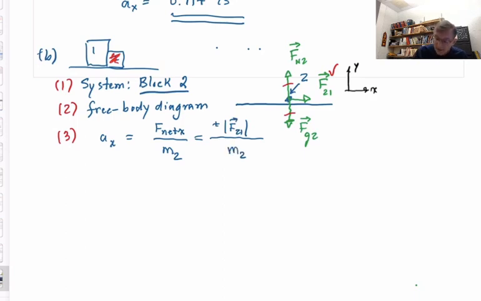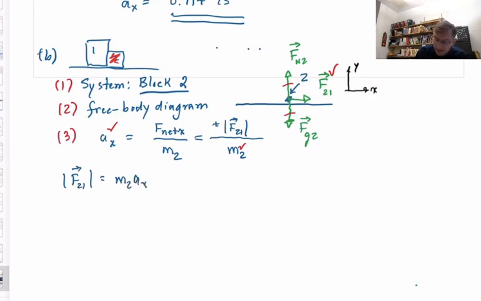Now, I already know the acceleration. I found that in part A, right? 0.914 meters per second squared. I know the mass, m2. So just solve for the magnitude of F21. And of course, that's exactly what part B is asking for. So the magnitude of F21